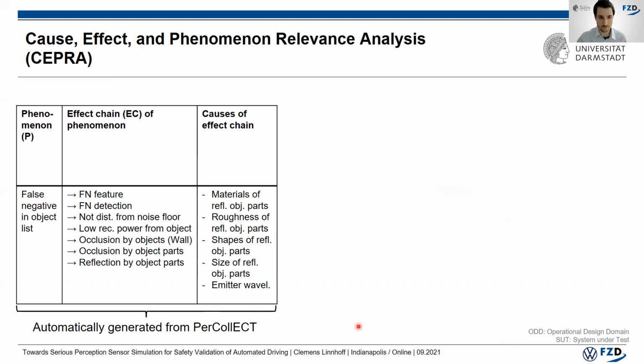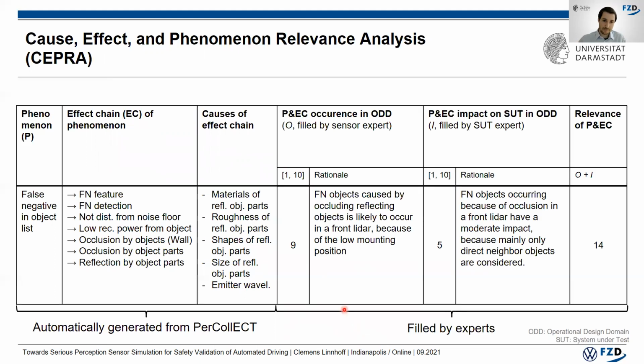And from this, we can consult experts. This method here is loosely based on the failure mode and effects analysis method, where also experts are consulted. So here we propose to first consult a sensor expert, an expert on the specific sensor system that's used. This expert will evaluate the likelihood of the occurrence of this individual cause and effect chain within a given